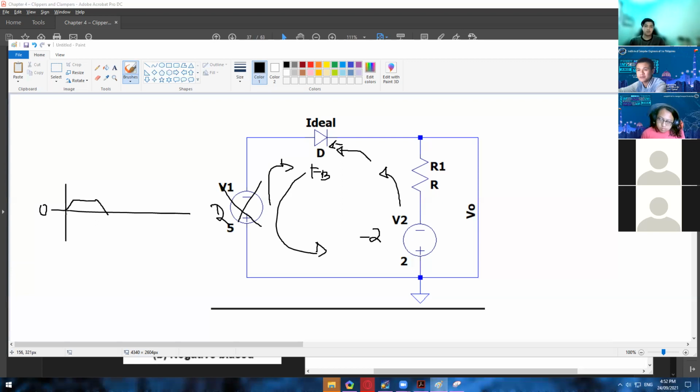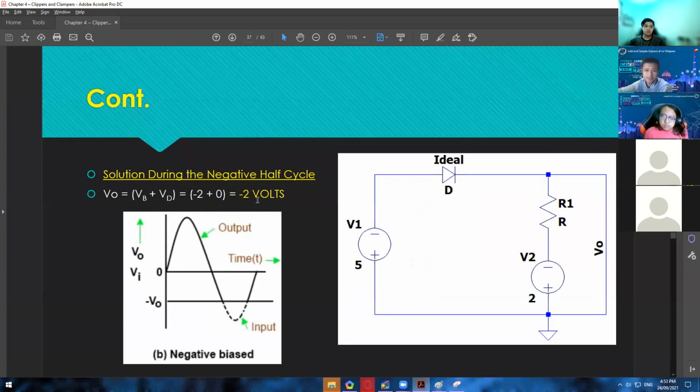My graph is wrong, but this one should be right here, negative 2 volts since we are in the negative half cycle. Never mind that one. So that is why we have negative 2 volts right here. So yeah, anyway, so we now only have